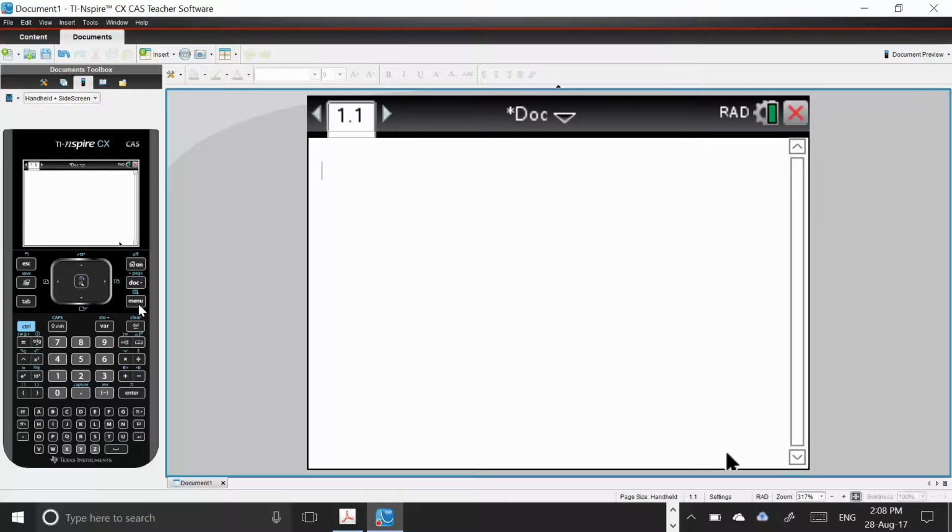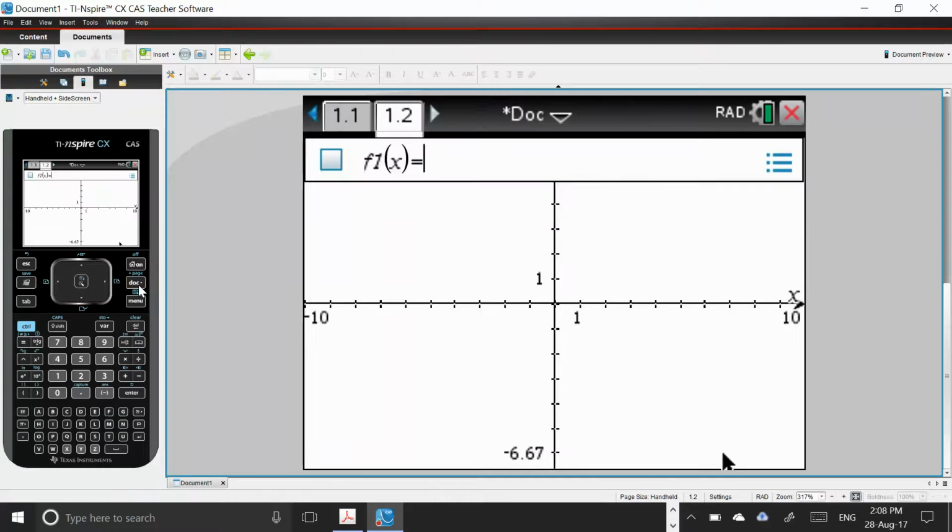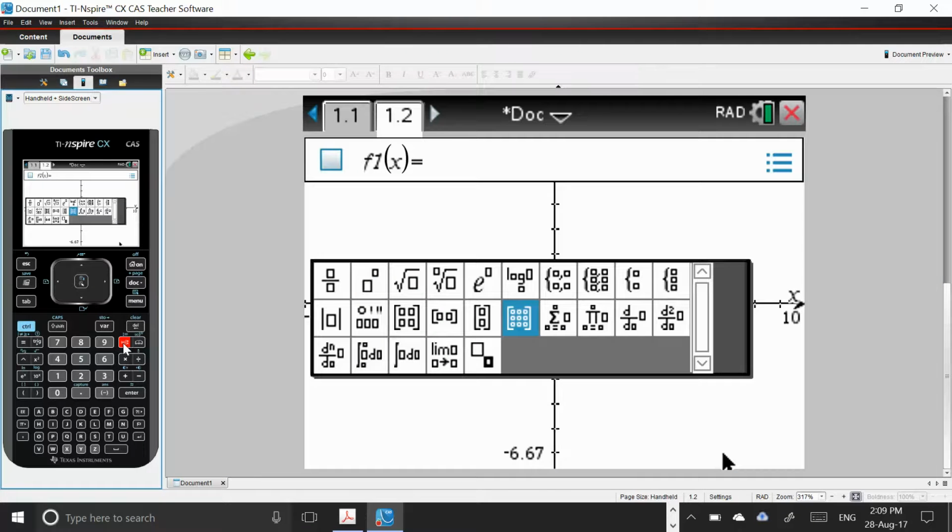If you were starting this problem and you didn't know how to do this, control doc, add a graph, so number 2. Your first job, if you couldn't draw it by hand, you can draw it on a calculator. If you couldn't figure it out, draw it on a calculator. So in your catalogs, right next to the book, or next to the 9, that's your common function. So if I go to that, there's a 100 function here. You can use that and type it in.